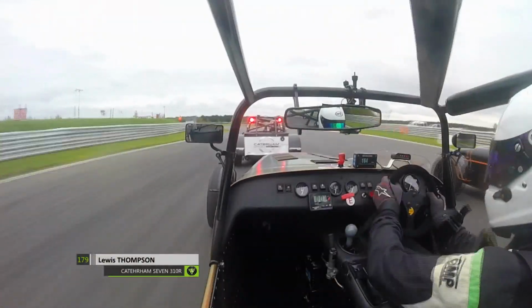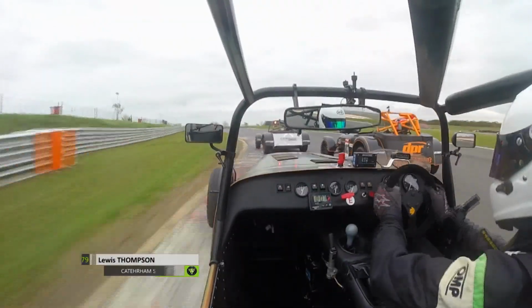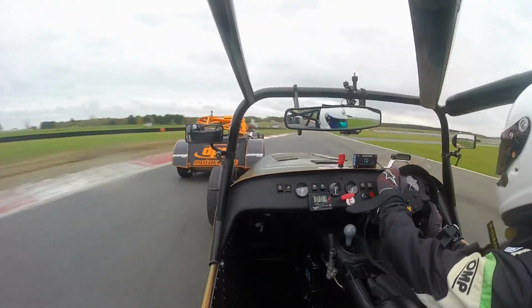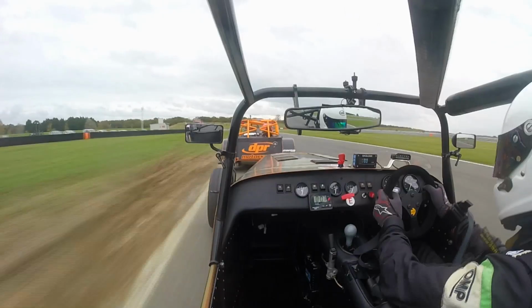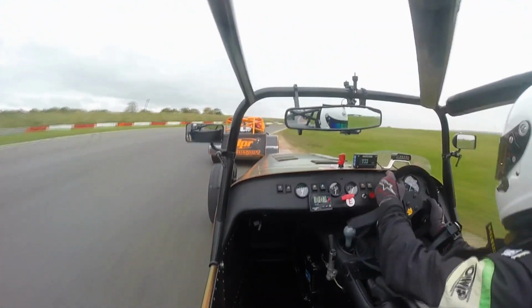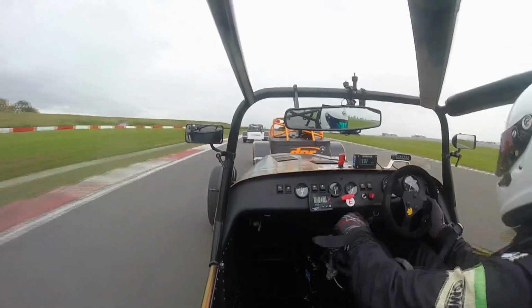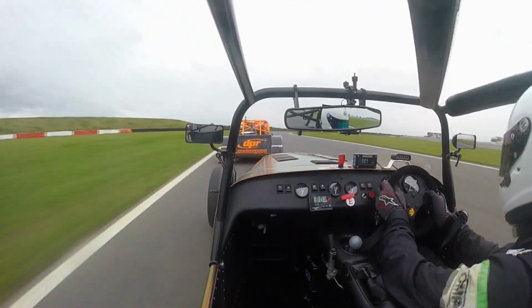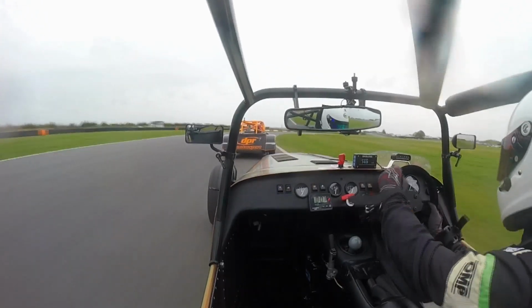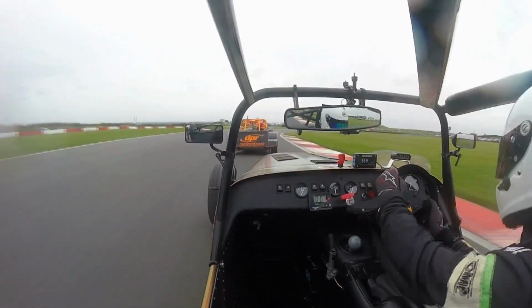Right, 310Rs as one, going down into Brundle and Nelson. Tom Grensinger hanging on, but James Murphy goes around the outside and somehow out of nowhere gets himself back into 2nd place. Phenomenal driving that from James. How he found a gap in the traffic, I do not know, but he's into P2, ahead of Lewis Thompson, who we're riding on board with again, as he tries to retaliate up towards Coram Corner. James Murphy, though, with one of the moves of the day already, has found himself back into the top 2,